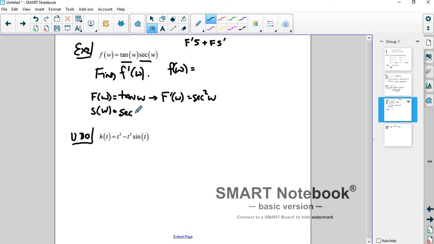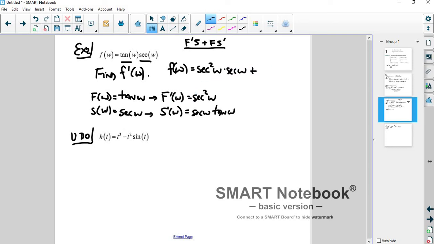S of W is secant of W, and so S prime, the second derivative, is the derivative of the second function, not the second derivative. The derivative of the second function is secant W tangent W. And again, you need two, this is a product of two functions, you need two W's. So plug that into this formula and end up with secant squared W times the second, which is secant of W,